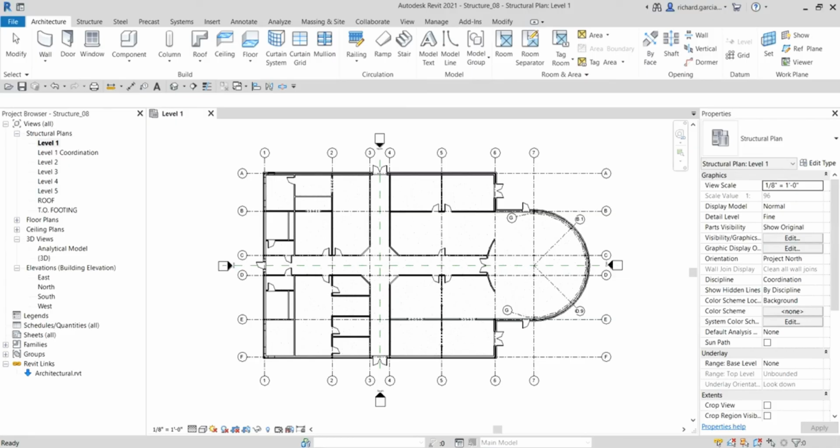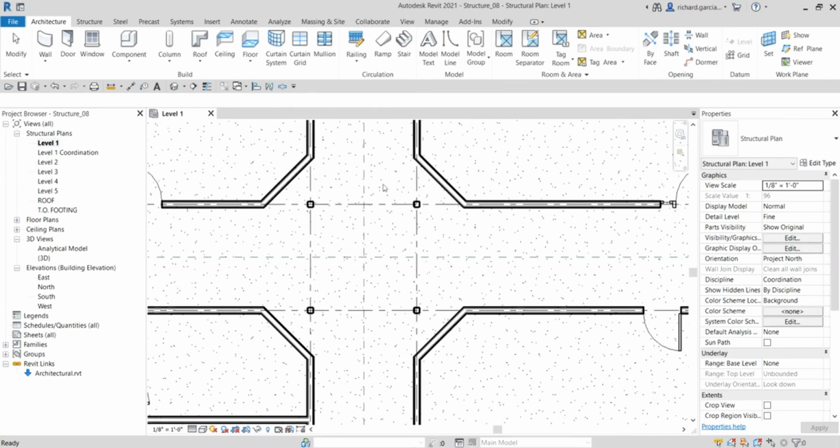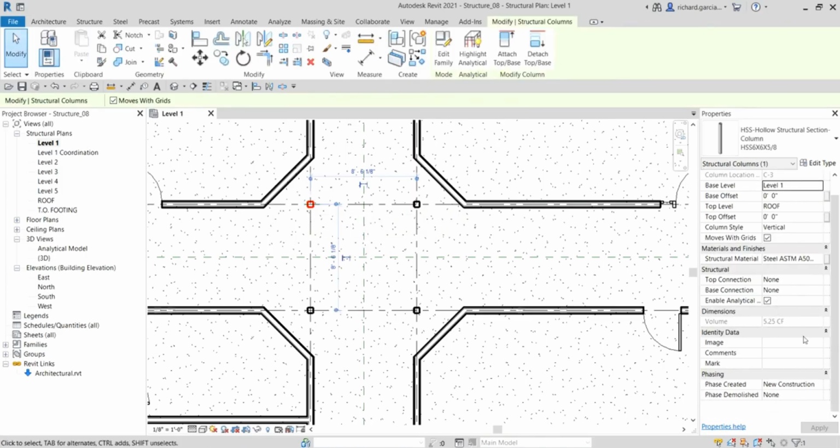Create column offset. Okay, so as you can see here in our model, this is the same model that we are working on here. So if I'm going to zoom in here, we have 4 columns here. So let's say, for example, I want to add an offset to this column. Like, for example, for these 2 columns here, I want to offset that here on the left side with a distance of 4 feet. So if I'm going to select this column, so you will notice here that,